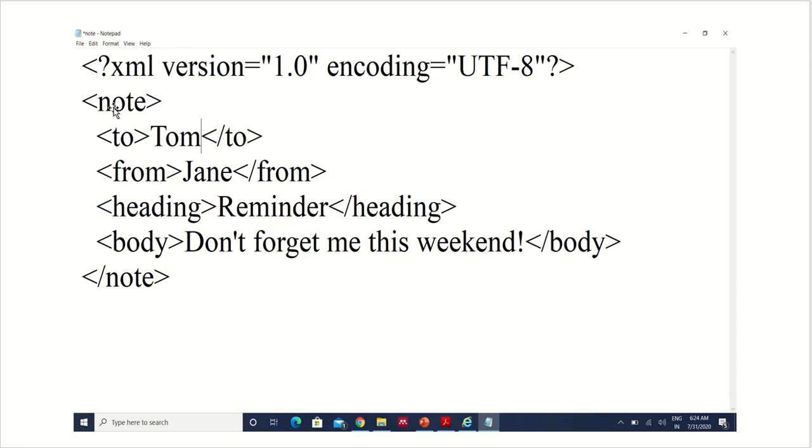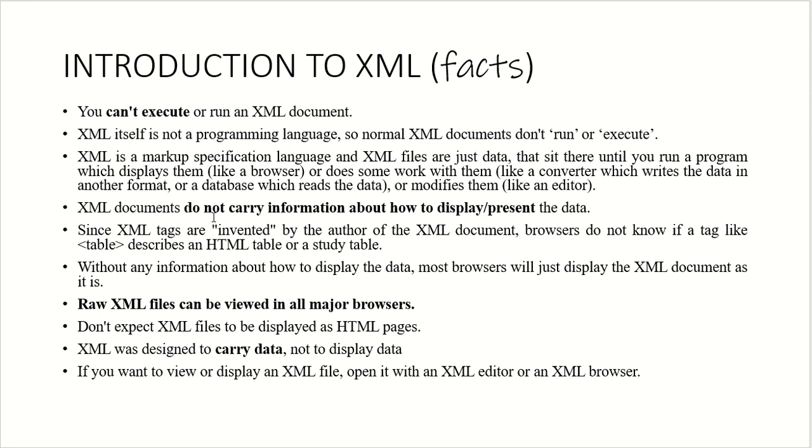Anything I want to embed as a tag, I can. Alright, so the information of my file, I will be the author of that file. The tags will be invented by the author of the XML document. Whoever writes the XML document will know what all things he has written in that XML document.